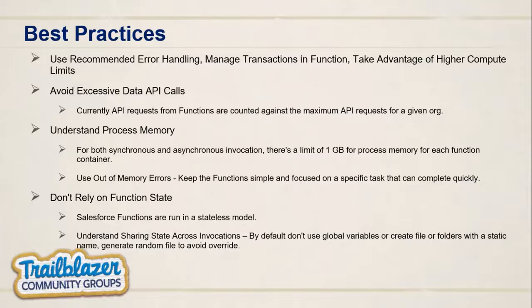So next is to understand the memory process. For both synchronous as well as asynchronous processes, we have an upper limit of 1 GB of process memory for each function container. Salesforce handles this by automatically increasing or decreasing the number of function containers based upon the CPU load. A particular function container can handle multiple concurrent invocations simultaneously. At this point of time, we may face memory errors. So to handle those memory errors, Salesforce gives some